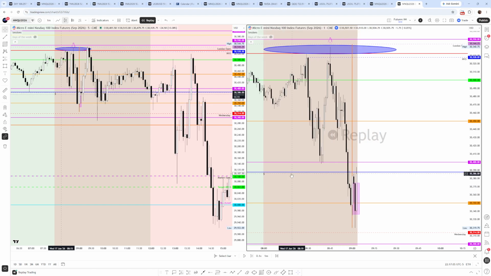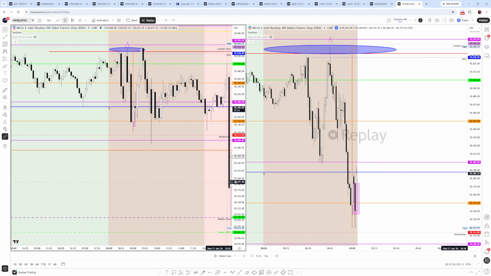Now, one of the mantras that I live on when it comes to taking the buy entries is you want to buy when the market's crashing and you want to sell when the market's taking off. So what does that mean, right? When the market's taking off like it is here, this is not when you want to buy. You want to wait till the market's crashing back into demand to frame up your risk into the right area of this candle, which I teach live, to then target your areas up. So buy when the market's crashing and sell when the market's taking off, okay? And so we're looking at it from this perspective here, and I want to see it come back down into the candle.